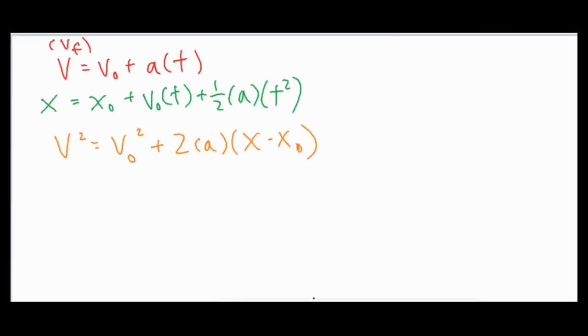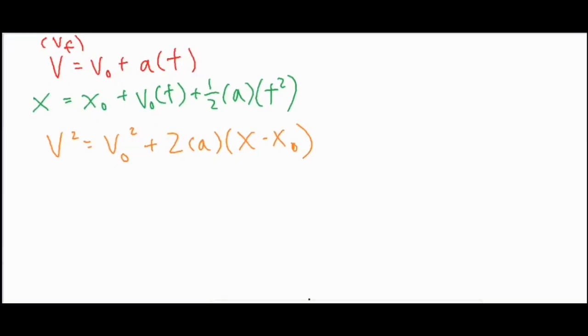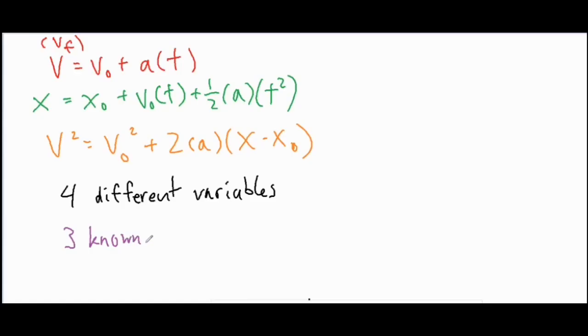Now, with all these different formulas, you have 4 different variables in each one, which means if you were to solve for something and there's 4 different variables, then you want to make sure you have 3 known variables